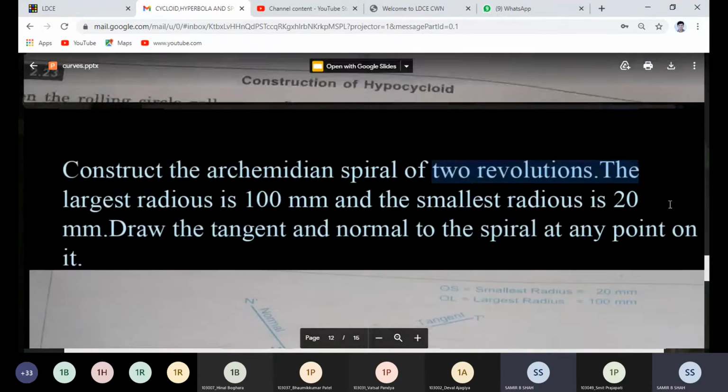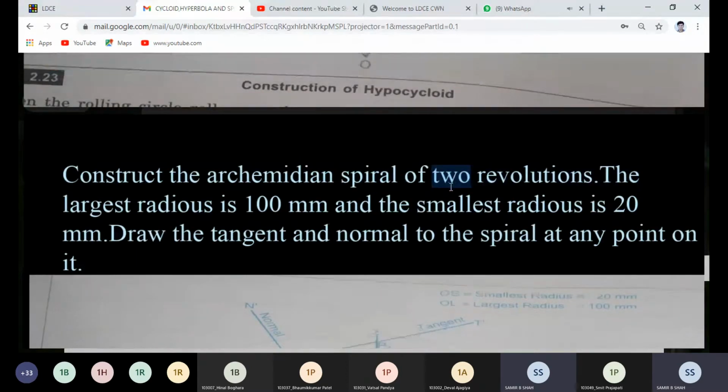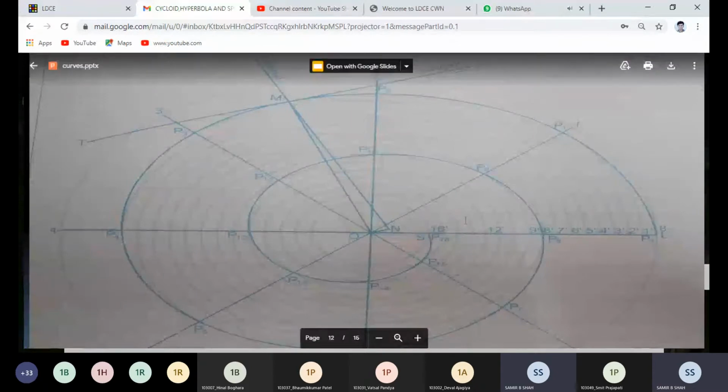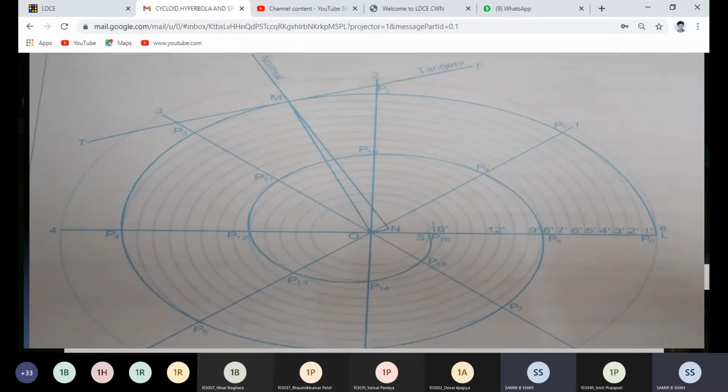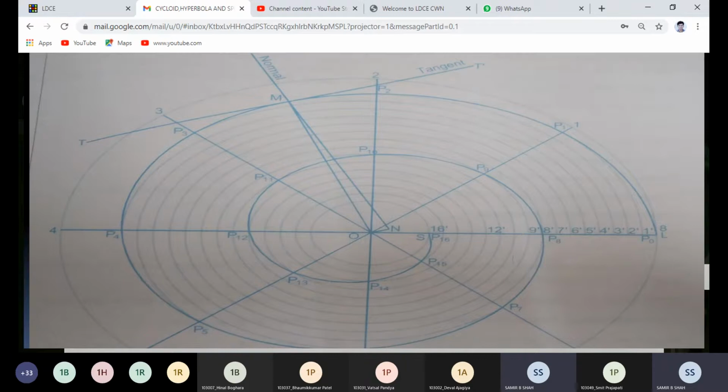Every time you have to see कि कितने revolution आपको दिए हैं. If it may be 1 revolution, then you just divide in 8 parts. And right now it may be 2 revolutions, so I divide the line. It means it may be 20 to 100, so 80 mm is there, and I divide in 16 parts, so each part is 5 mm. I get 1 dash, 2 dash, 3 dash, 4 dash, 5 dash, 6 dash, up to 16 dash. Okay, now